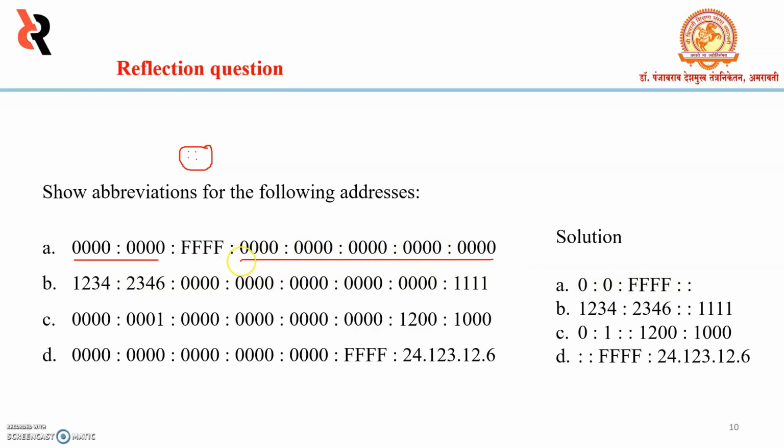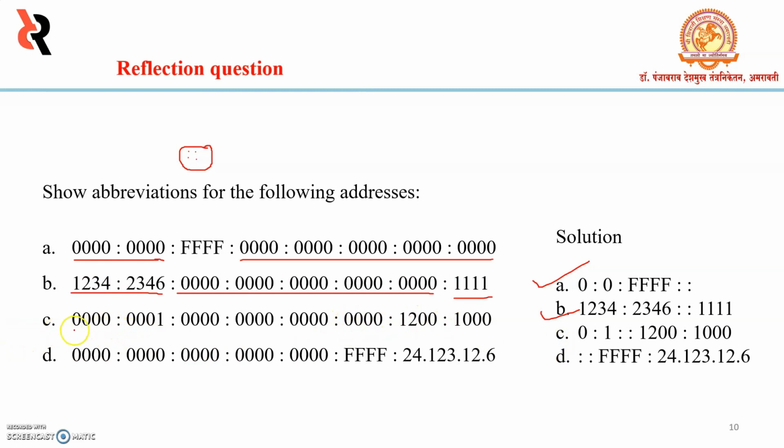जिसका ज्यादा लेंथ होगा उसको हम डबल कोलन वहां पे अप्लाई करेंगे, और जिसका लेंथ जीरो कॉन्जिक्यूटिव जीरोस का लेंथ हेक्सटेट का लेंथ कम होगा उसको हम सिंगल डिजिट में कन्वर्ट करके एक कोलन लगा के इसको एब्रीवेट कर देंगे। अब ये जो दूसरा है इसको भी हम, ये पूरा एक ही है यहां से वहां तक, तो हम इसको डबल कोलन दे देंगे और फिर ये नंबर हेक्सटेट और ये हेक्सटेट पुट कर देंगे।